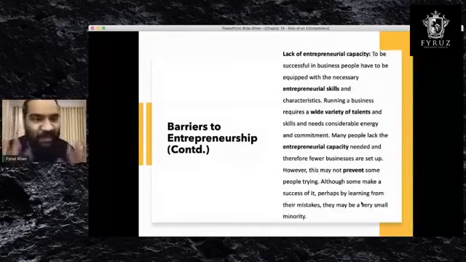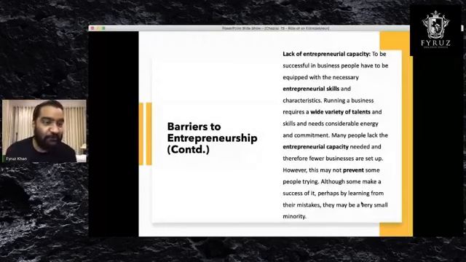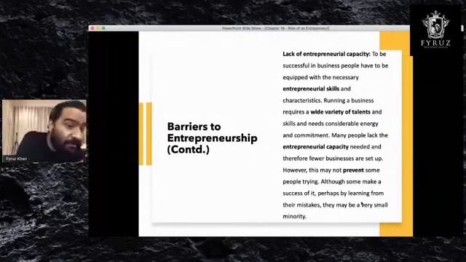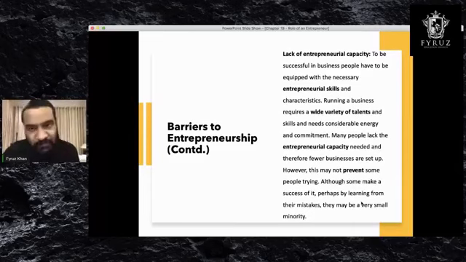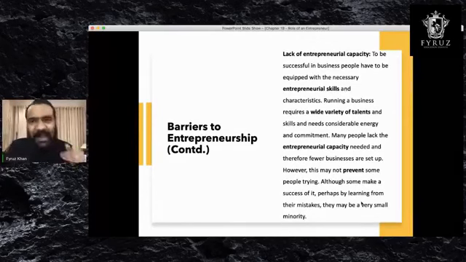Then lack of entrepreneurial capacity. Because you don't learn leadership, you don't learn entrepreneurship when you're born. I feel leaders, of course, you may have qualities, but if you don't draw on and polish those qualities all the time, and if you don't use them in the right context, you will lose them. And when you start your own business, you will not be experienced. You will have lackings in a lot of things.